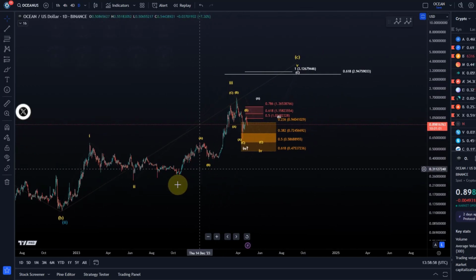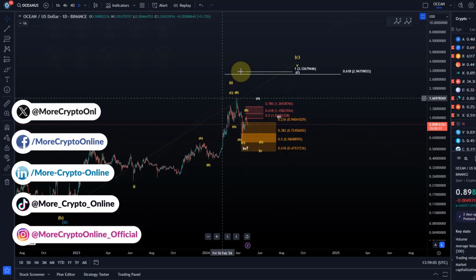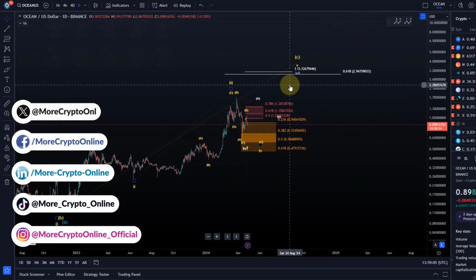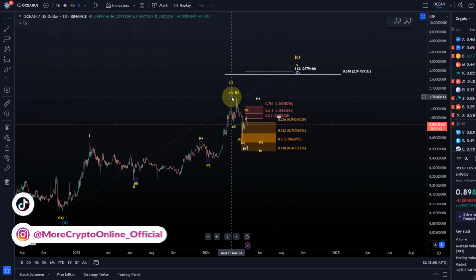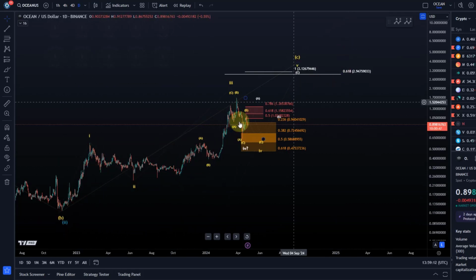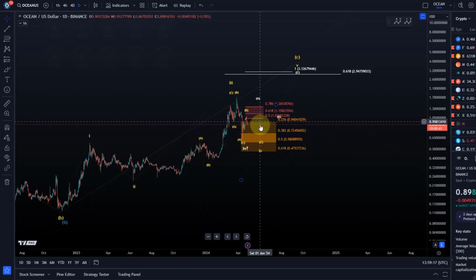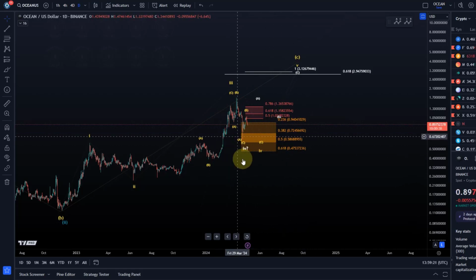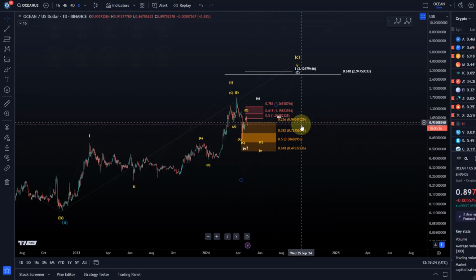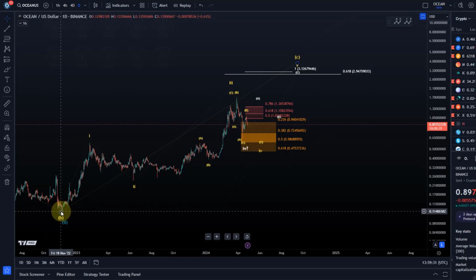On the Ocean chart, let's take a look at the movement here from the November 22 low. I consider this as a C-wave rally. It could also be something more bullish, but it needs to prove itself. Otherwise you get really unrealistic moon targets and everything, and it can always go higher. But let's focus on this first, and let's first see if the market can find support here in this support region. The idea is that we have started a C-wave rally after the price bottomed in the bear market